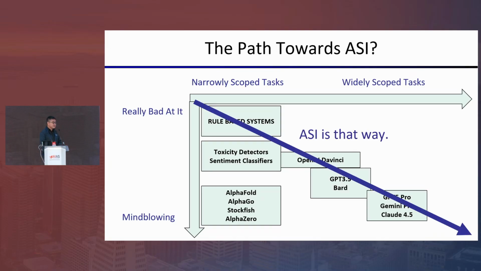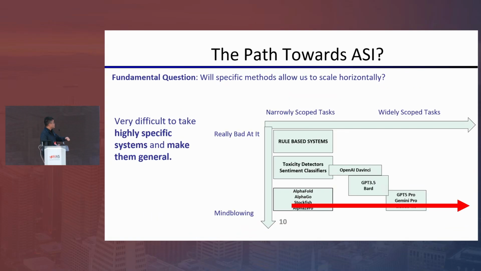One claim we want to make is that, based on the existing evidence and the progress by the community, ASI is headed that way, precisely by scaling both the scope and the actual capability at the same time. We want to motivate this because we have already achieved tremendous progress with specific deep learning systems like AlphaGo and AlphaZero, but it's tremendously difficult to take a specifically designed system, for example AlphaZero, designed for solving games, and use it to achieve a similar level of performance to GPT-5 Pro.